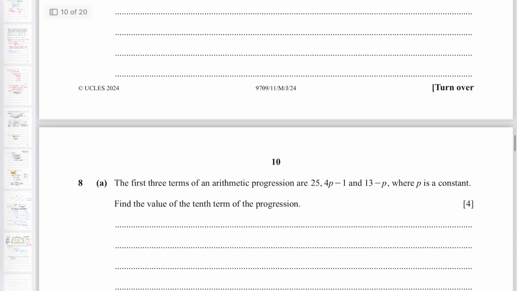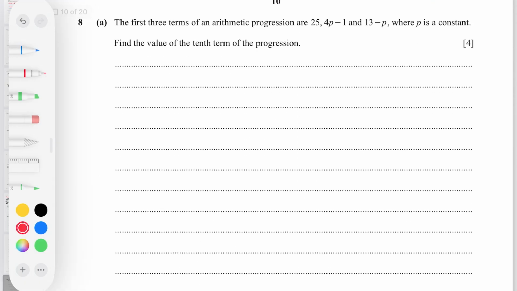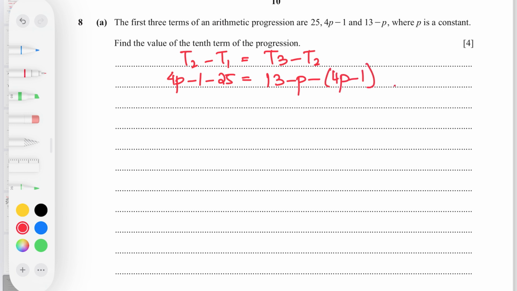Next part of the question. The first 3 terms of an arithmetic progression. So you know in an arithmetic progression, the differences are constant. Term 2 minus term 1, term 3 minus term 2. Okay, so this becomes